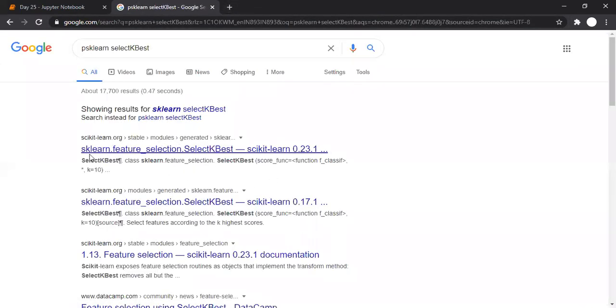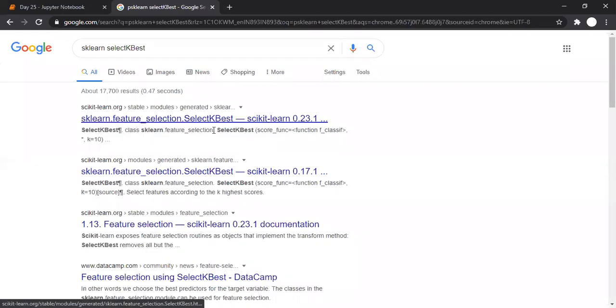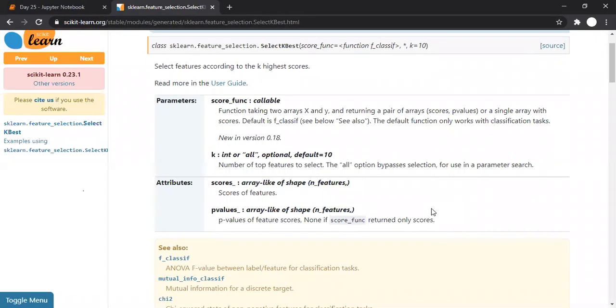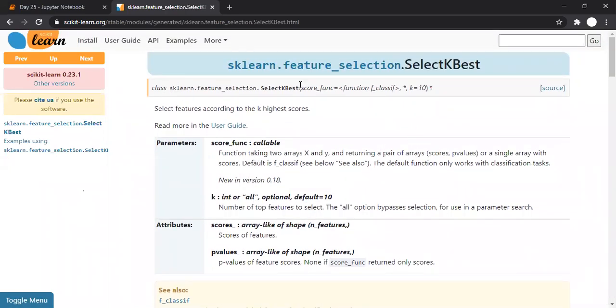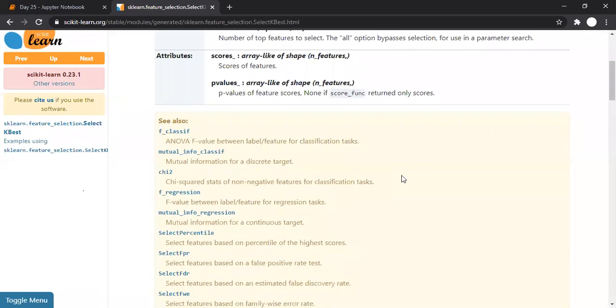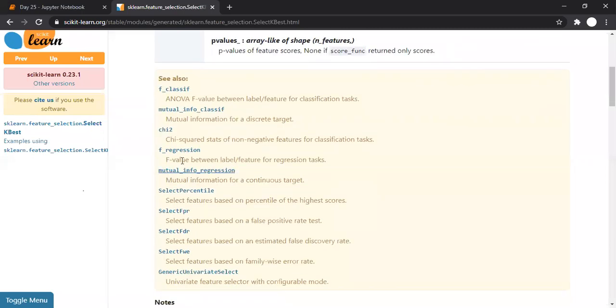So we can search this thing in sklearn, and we can search this thing on Google also. Then we can visit the sklearn website, and there you will come to know what scoring functions we can use over here. So we can use mutual information, we can use chi-square, we can use F regression, we can use select percentile, and there are a number of ways.